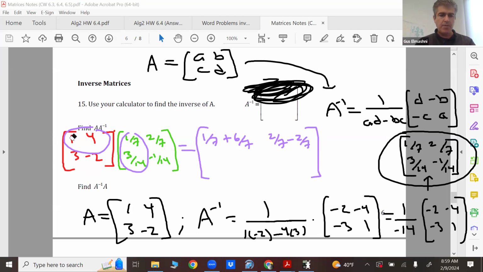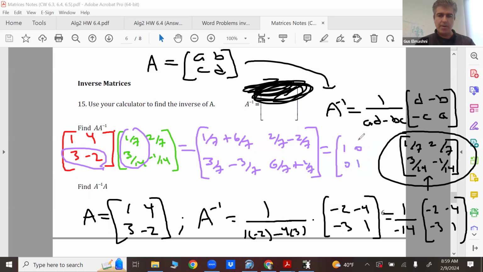And if I do 3/7 minus 3/7, because you get 6/14, which is 3/7. And then lastly, 6/7 plus 1/7. That gives 1, 0, 0, 1. If you actually were to multiply these out, I know it's kind of messy with fractions,